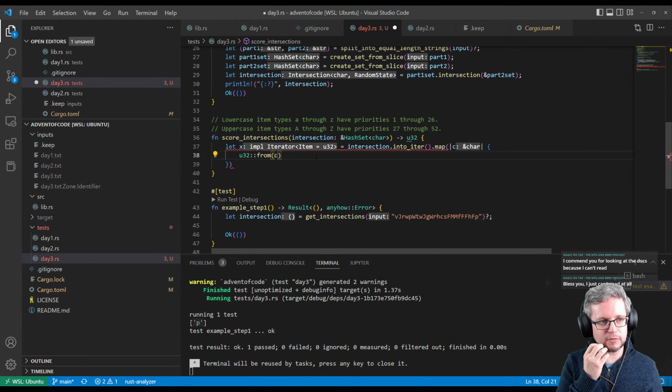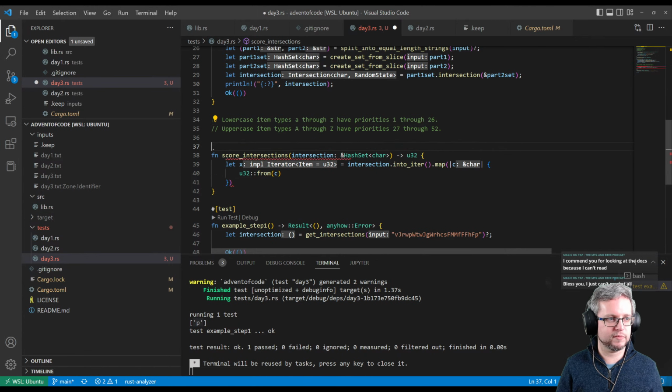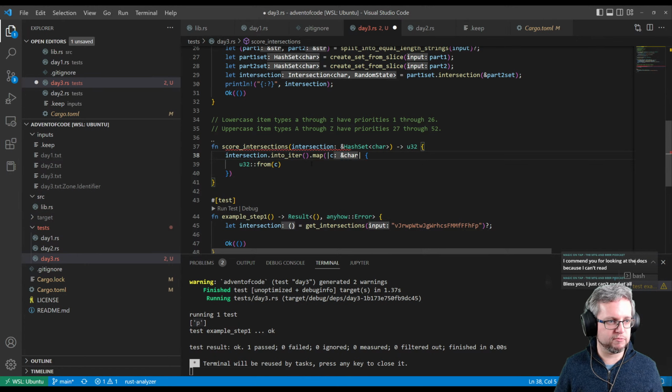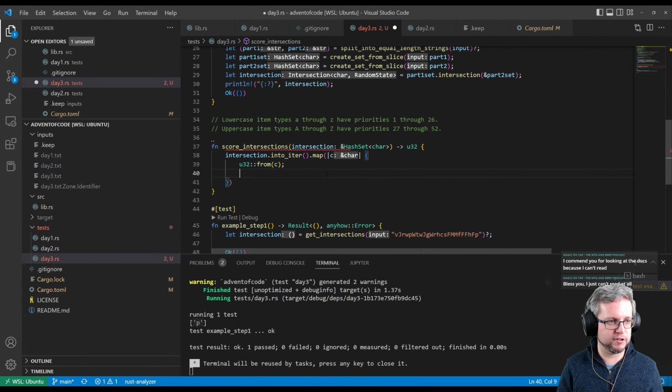So lowercase items A through Z have priorities 1 through 26. Lowercase. The problem with this is that our characters, with this value, we need to actually map it to something sensible. So in ASCII, let me see if I can actually print these out. I wonder if I can print these out, because that would be really cool. If I can print this out and show you,